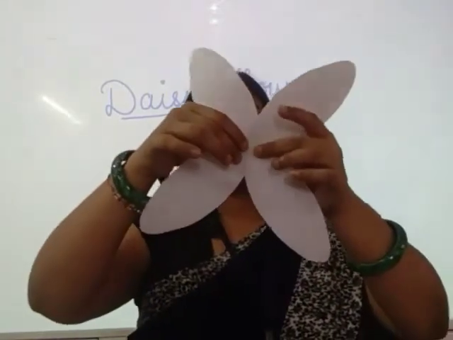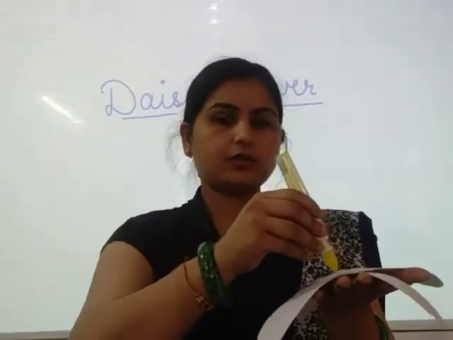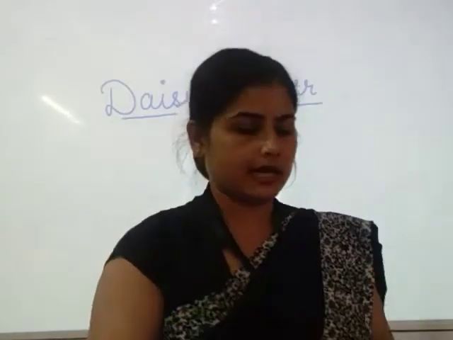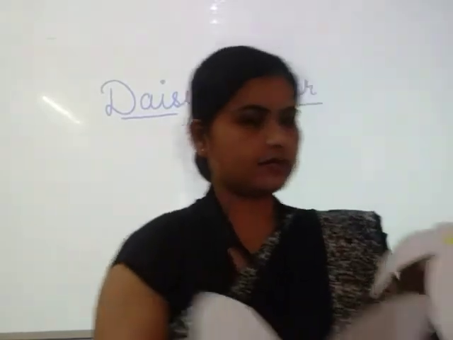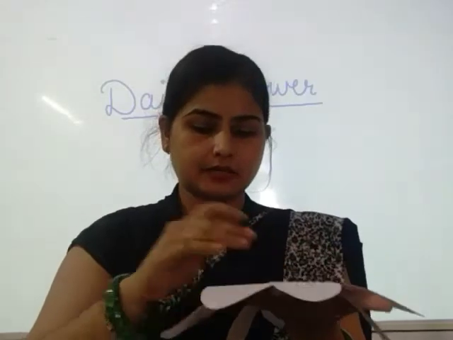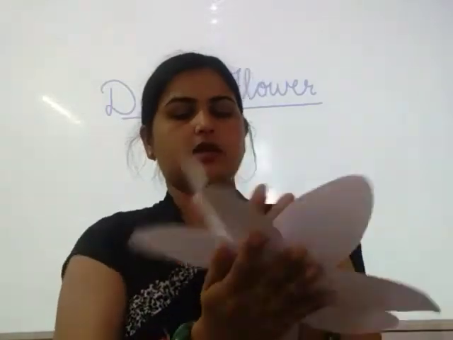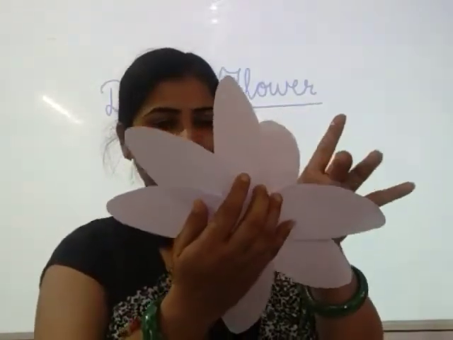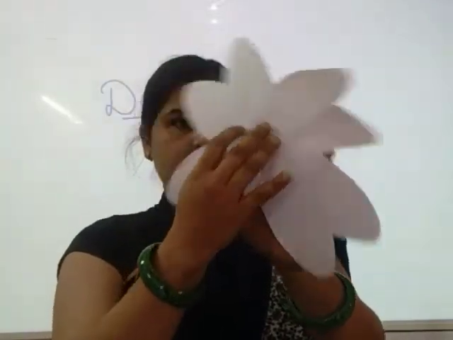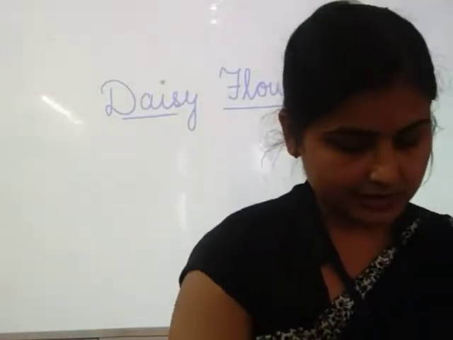Now on the first one, apply some gum like this. You need to do it on paper, isn't it? And arrange the second layer so that ये वाला जो लेयर है इसको हमको ऐसे अरेंज करना है कि सारे पेटल्स दिखें. ठीक है, ये देखो, I have pasted and all the petals are visible. All the petals are visible, isn't it? See. Now again I will paste them in a manner कि इनके बीच से सारे petals दिखें.